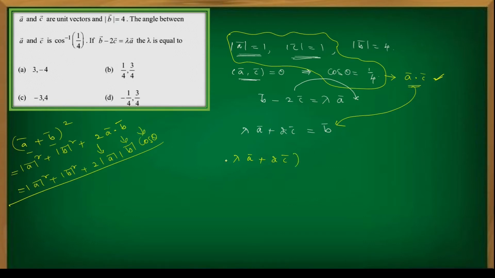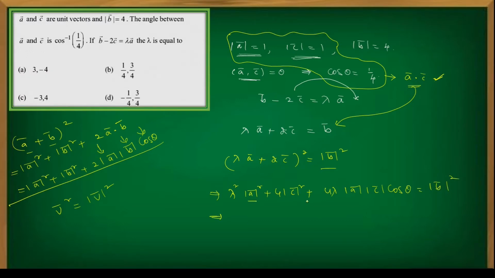So the whole square is equal to mod B bar whole square. Vector square and mod vector square are the same, just now I told you. So B bar square is the same as mod B bar square. Now you tell me, after expansion: lambda square mod A bar square plus 4 mod C bar square plus 4 lambda A bar dot C bar, which is mod A bar mod C bar cos of the angle between them, is equal to mod B bar squared. Let it be, I will substitute all together.